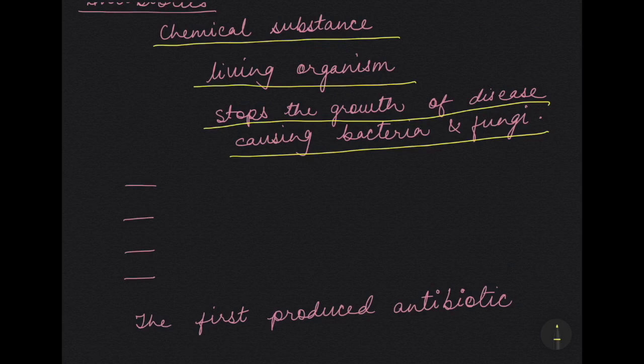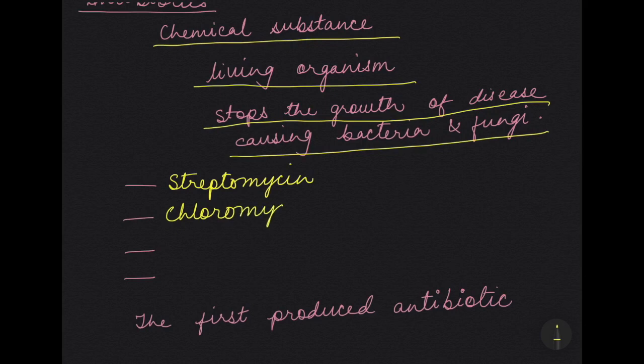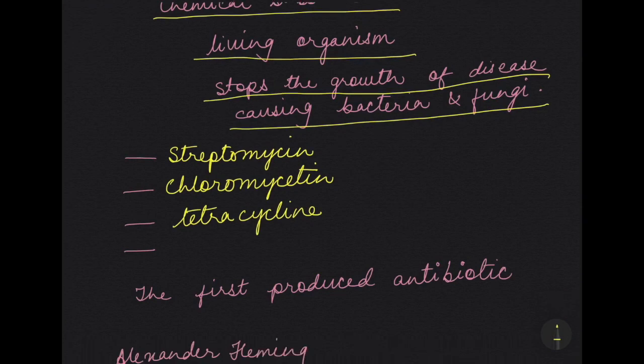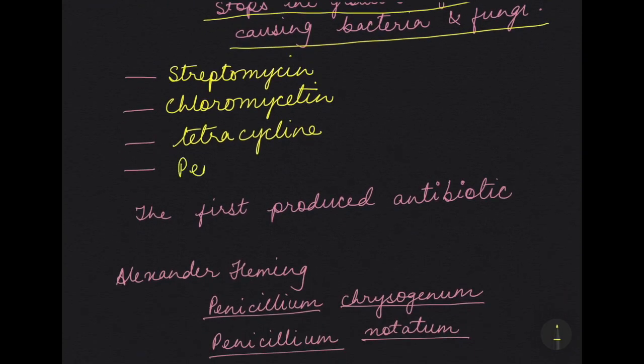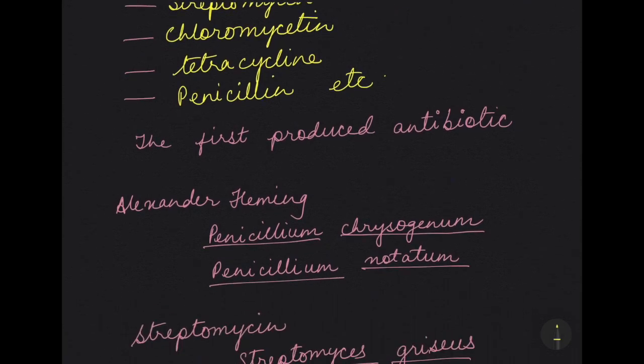Certain antibiotics are streptomycin, chloromycetin, tetracycline, penicillin, to name a few. Okay, there are others also, many different types of antibiotics. Okay, now the first produced antibiotic was